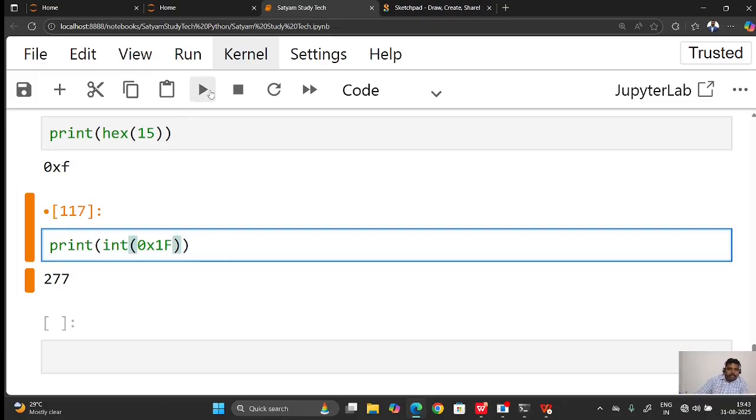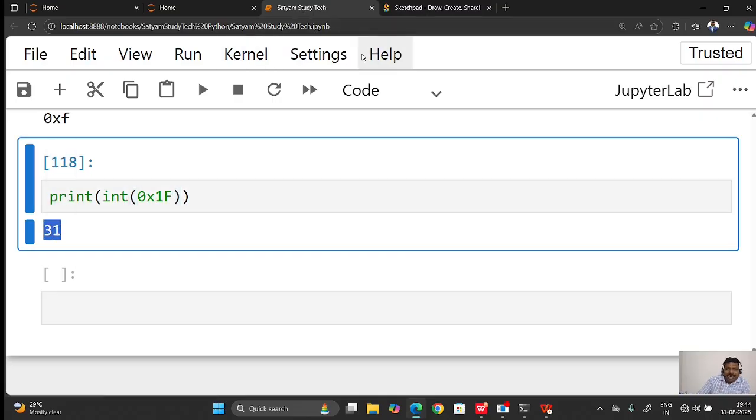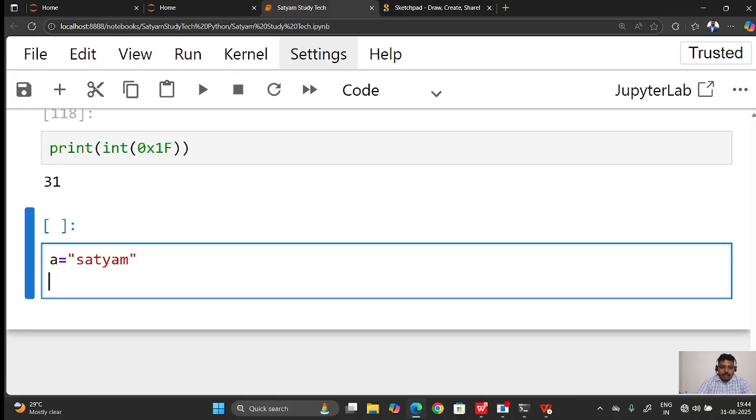You can see here I am giving 1f, that means f is 15, that means 16 power 0 times 15 plus 1 into 16 power 1, that means 15 plus 16, that is 31. So you can see that the value is 31, right? So like that you have to represent. Print repr of A, you can represent an expression. Here you can see,